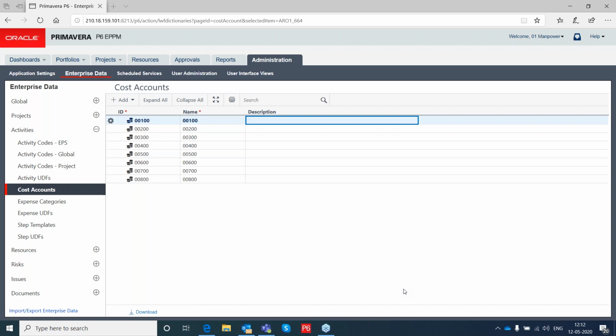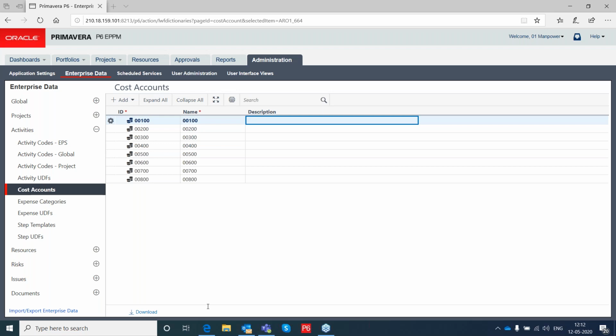Yeah, you can actually track your spending on each and every resource. Manpower spending in terms of units as well as in terms of cost can be managed using Primavera P6 EPPM as well as PPM. And can we track the daily schedule also? Like how much availability of manpower is there using this application?